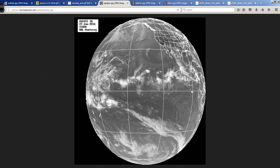Is that the word? Certainly have not had anything in the eastern Pacific to speak of this hurricane season. No named storms yet. We do have a fairly active intertropical convergence zone, but nothing really to kick anything off. You can see, look at that little outline there. Very stable air moving its way down almost into the tropics. The eastern Pacific by this time last year was very busy, and this year nothing, no tropical storms or anything,